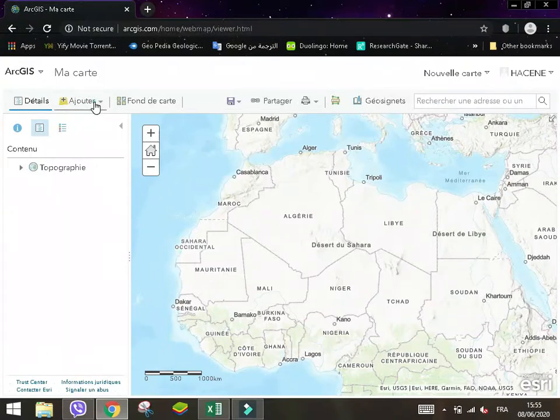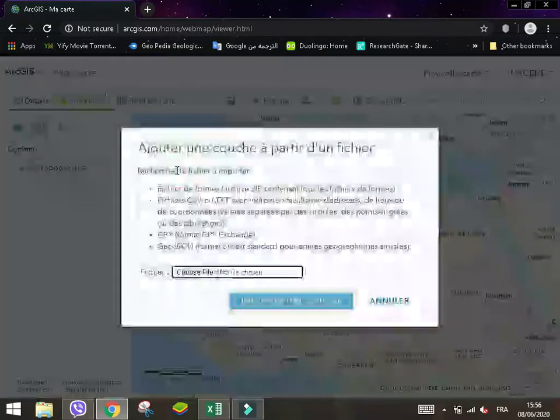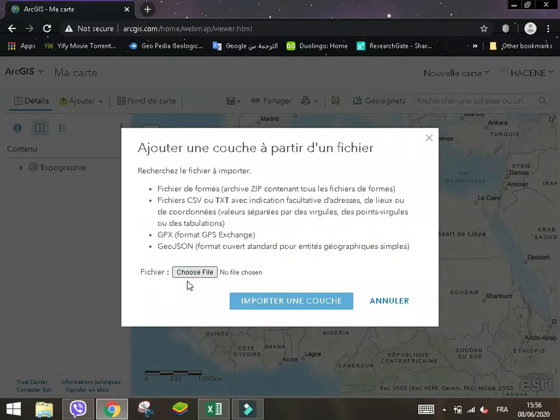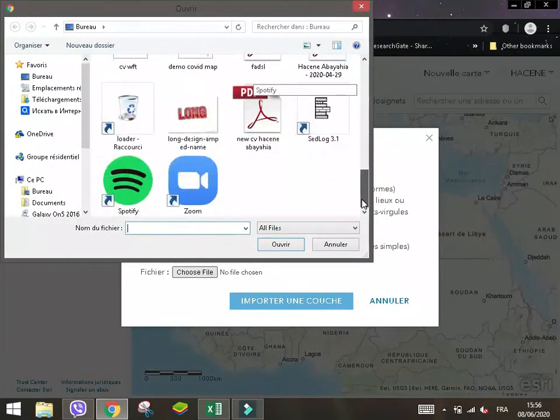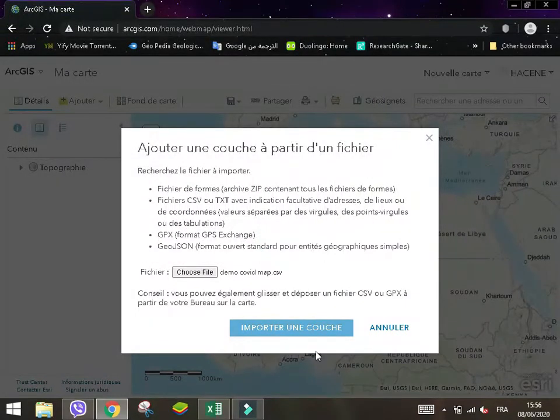Now we click here, add, and add the layer from file here, and this conversation window tells you you have to choose between CSV or TXT format, or GPX for a GPS file. Now we have to choose our database that we created already, demo COVID map, as you can see, and click open, and click here,